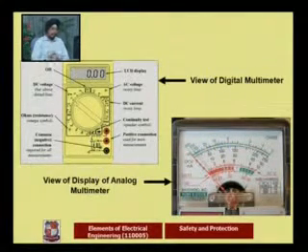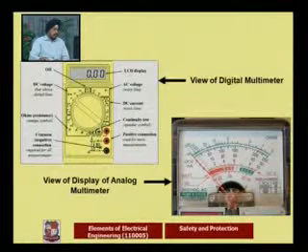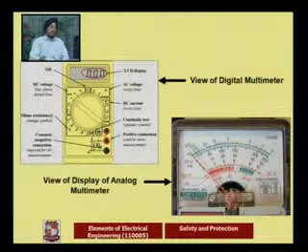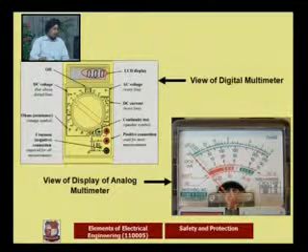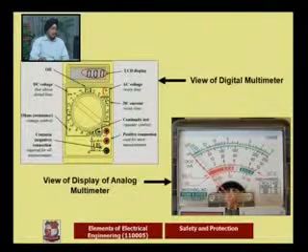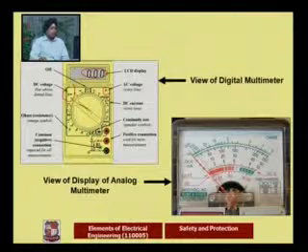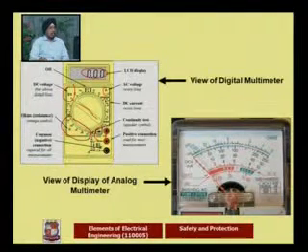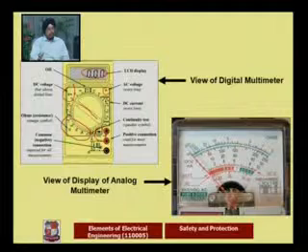We can easily see in the digital one, this is the display which makes the work very easy. We can read out some ranges, whether we want to go with AC or DC. This is the knob with the help of which we can change the quantity we want to measure. These are the continuity test, we can go with that one. Over here we can select the different ranges for the measurement purpose.